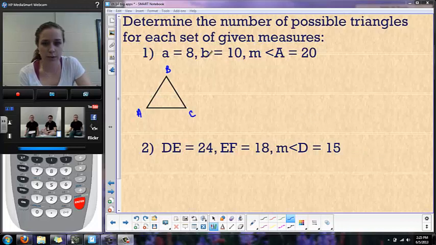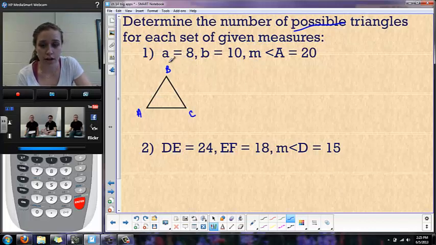Okay, so let's keep working on this question. We have triangle ABC, and we're trying to determine the number of possible triangles for each of the given measures. Side length A is 8, side length B is 10, and the measure of angle A is 20 degrees. So whenever you see the number of possible triangles or how many triangles, you're always going to use